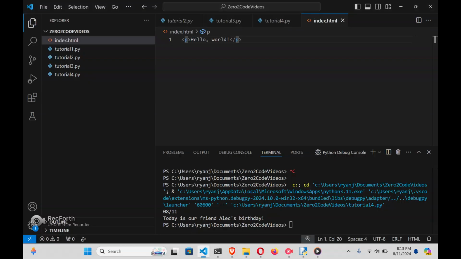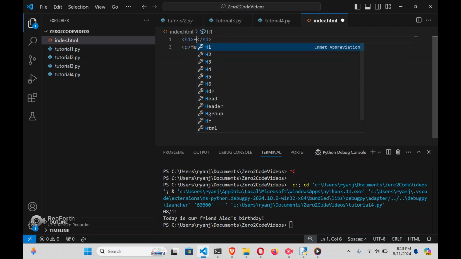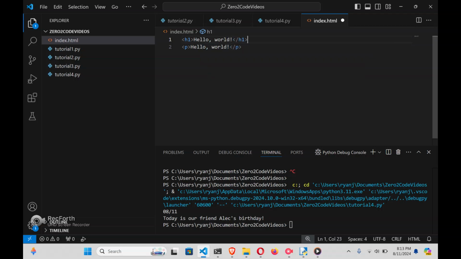So this H1 that we had before, so this P stands for paragraph. Our H1 stands for a header of type 1, or in other words, a large header. We can have H1s,